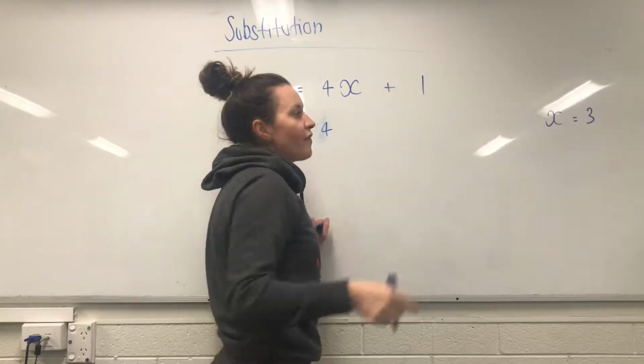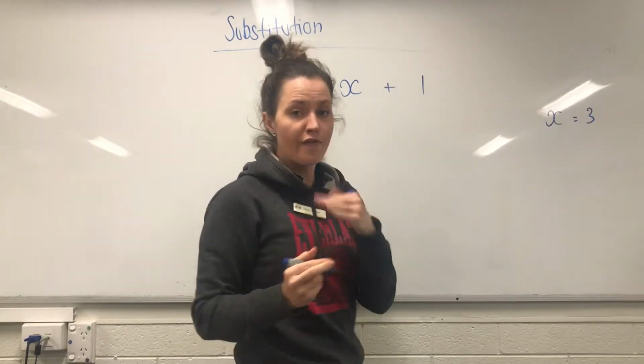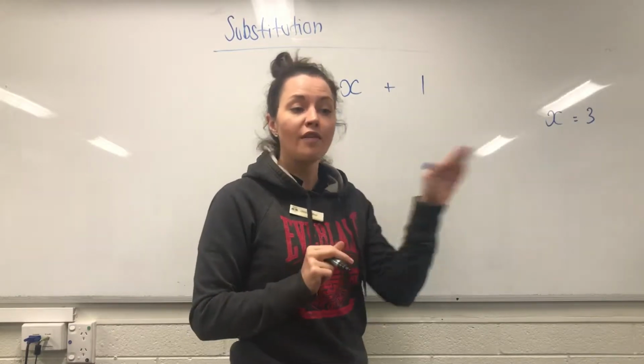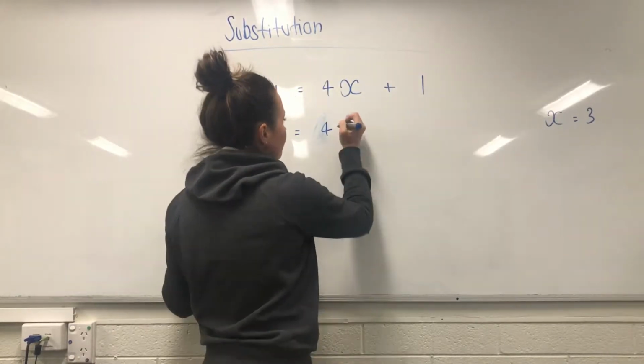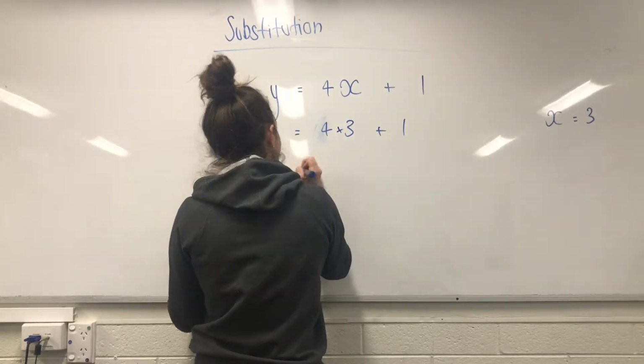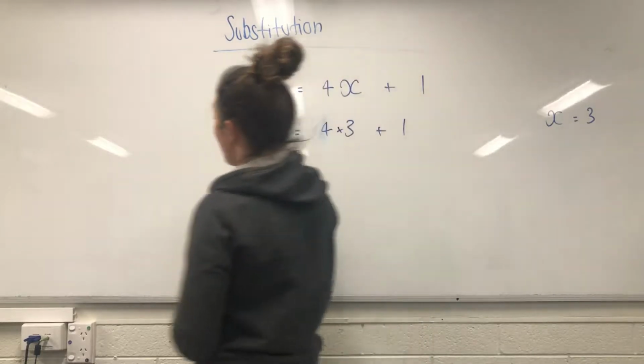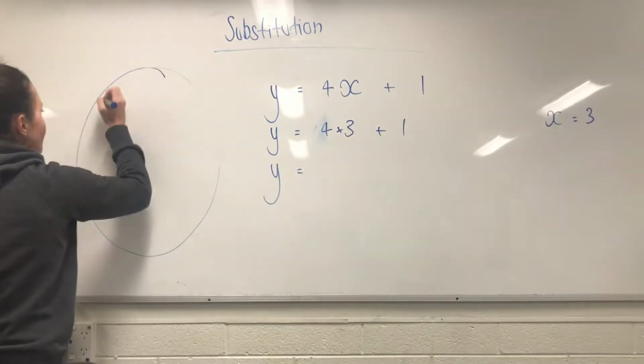4x. Now we know that x is 3, so no, we're not going to write 43. We're writing 4 times 3 plus 1. Now on a new line, remembering our order of operations,